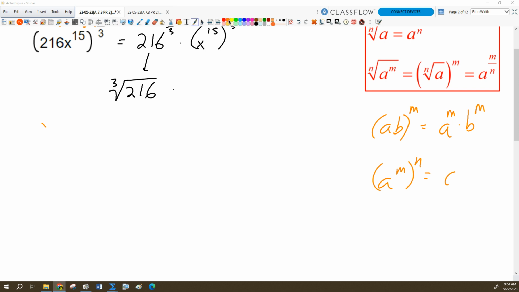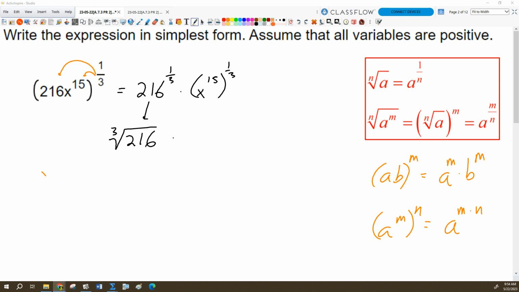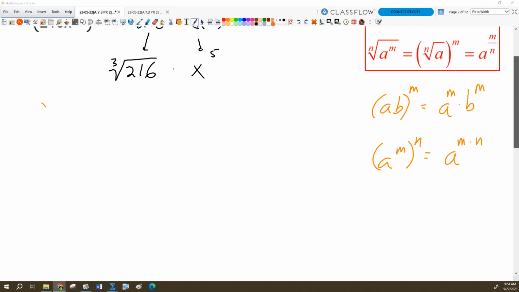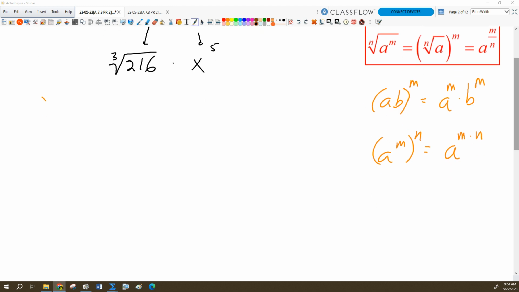You multiply. There you go. I get a to the m times n. So then x to the 15 to the 1/3 just becomes x to what power? Yeah, the 5. Okay, so we just have to deal with that cube root of 216. How do we simplify radicals again? If it's a cube root,